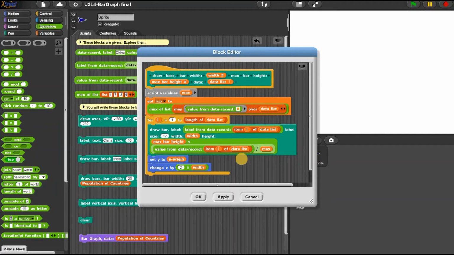After that, you want to include in the pen up feature, and then change X again, but this time